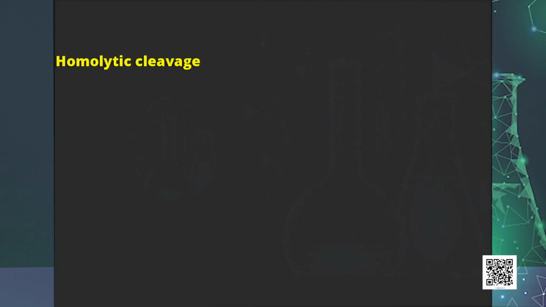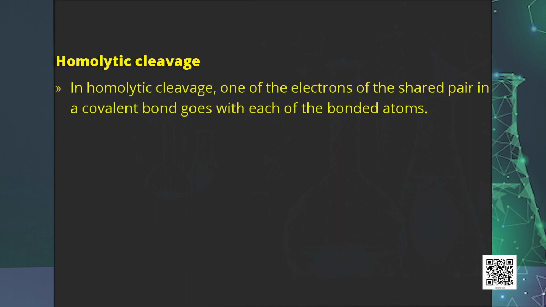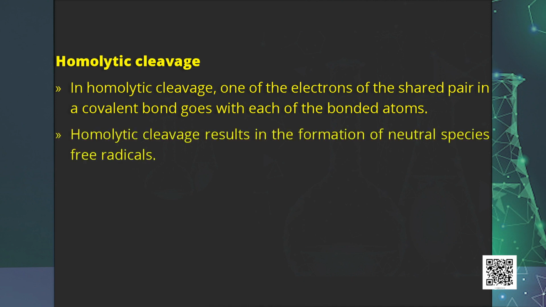Now learners, we will talk about homolytic cleavage. In homolytic cleavage, one of the electrons of the shared pair in a covalent bond goes with each of the bonded atoms. Homolytic cleavage results in the formation of neutral species called free radicals. These free radicals are also reactive species. Homolytic cleavage in a chlorine molecule forms two chlorine free radicals, and homolytic cleavage in methyl halide forms a methyl free radical